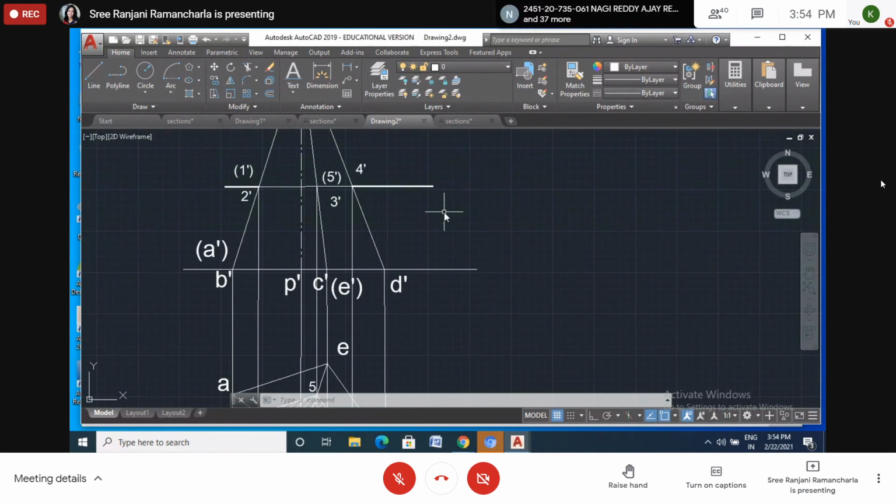So I don't want to show the color line unless you take a color printout. If you take a color printout, it's well and good, and more beautiful also. But you people are not taking color printouts, so I don't want to use a color here. I want to increase the thickness of the line for the actual figure, as we have done in the previous drawings. I want to use a thick line.